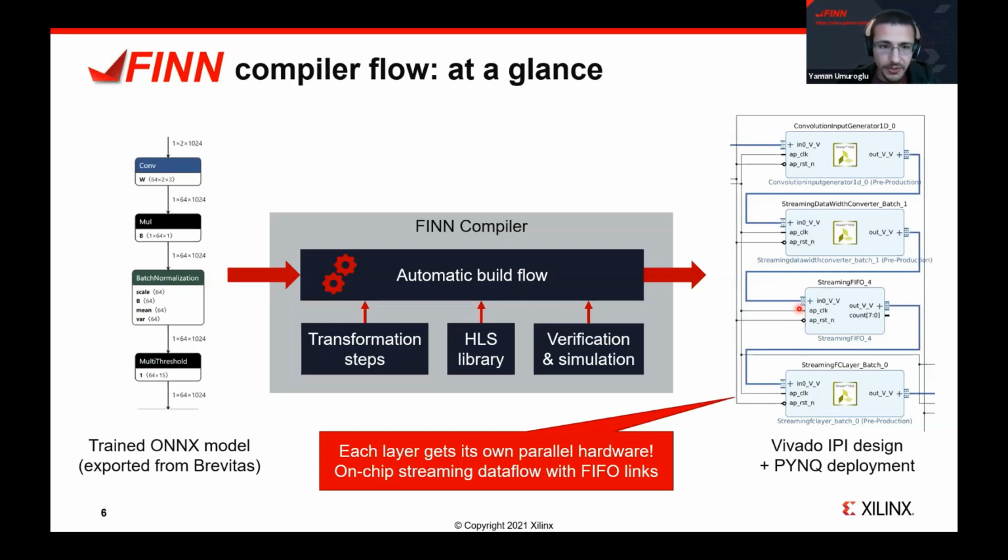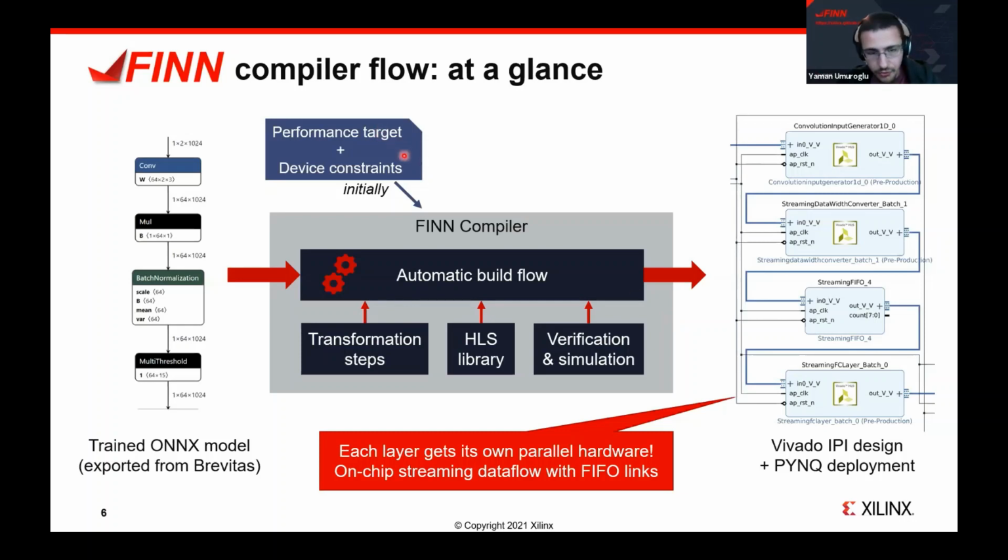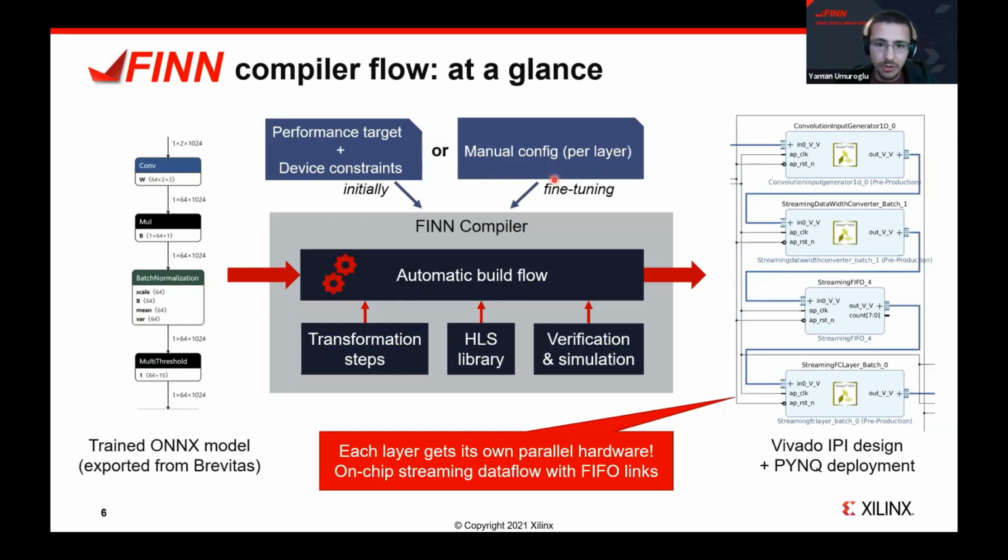A brief word about performance. There are two ways to instruct this flow on how it should be implementing the accelerator. It is quite flexible. One thing you can do is to provide a performance target and a target device so that the parallelization, how much resources is allocated to each of these, is determined automatically. That's quite handy for starting out with a quick turnaround time. Additionally, if you're a power user, or if you'd like to further refine the results, you can use that as a starting point, and you can provide a manual configuration per layer that decides how much parallelization, what kind of resources on the FPGA to use, etc., for fine-tuning.